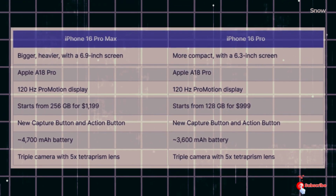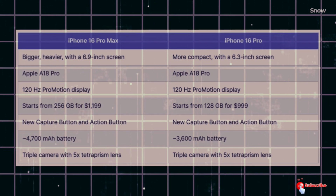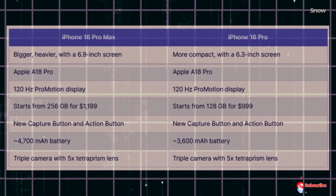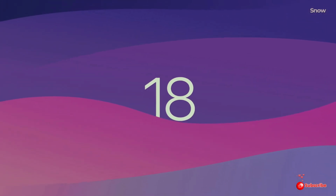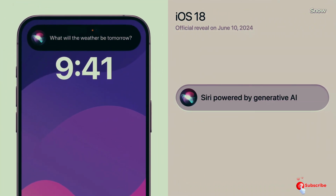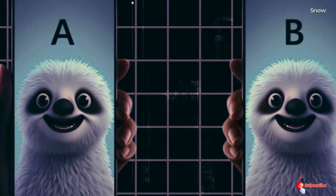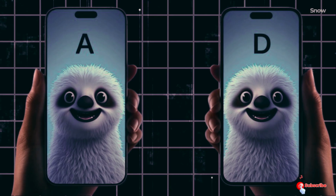iPhones typically bear a striking resemblance to each other. A Pro Max is essentially a slightly larger Pro. We expect the iPhone 16 Pro Max and iPhone 16 Pro to follow this trend. The comeback of titanium frames seems inevitable, as it's currently the go-to premium material for flagship phones. This year, we anticipate the bezels around the Pro models' screens to slim down to a sleek, uniform 1.2mm